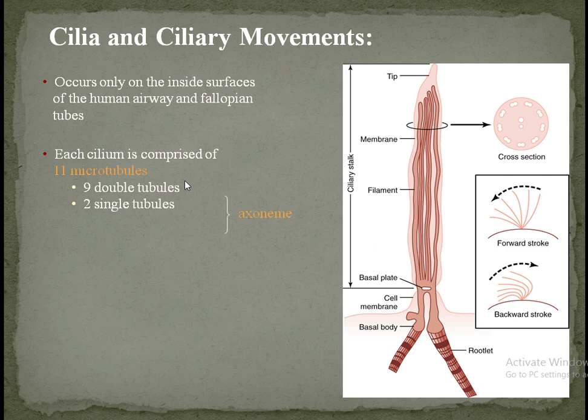Although not all aspects of the cilia movements are clear, we can have some points related to the mechanism of the cilia movements. Firstly, the 9 double tubules and the 2 single tubules are all linked to one another by a complex of protein cross linkages. This total complex of tubules and cross linkages is called the axoneme.